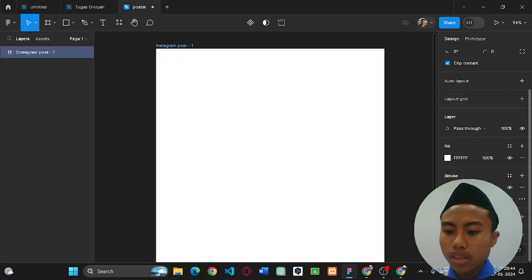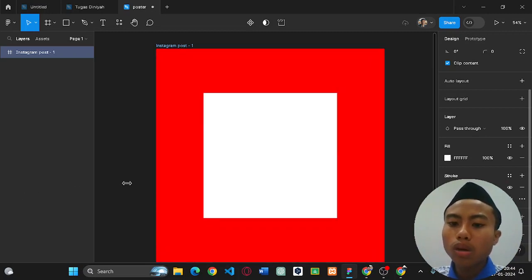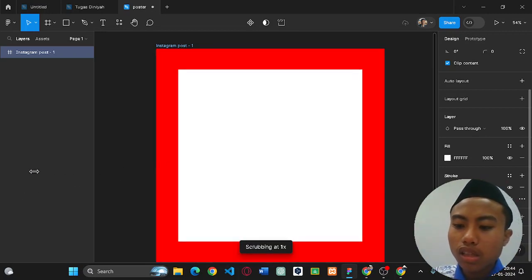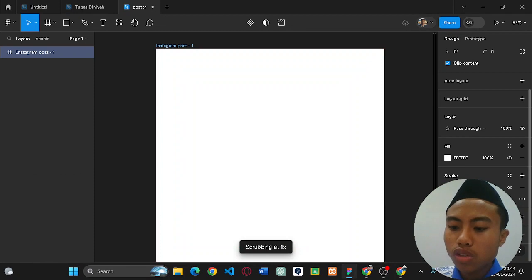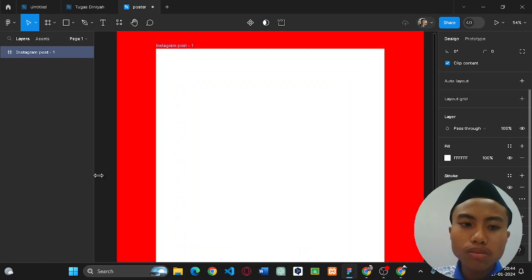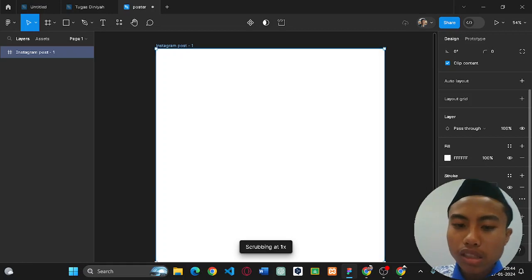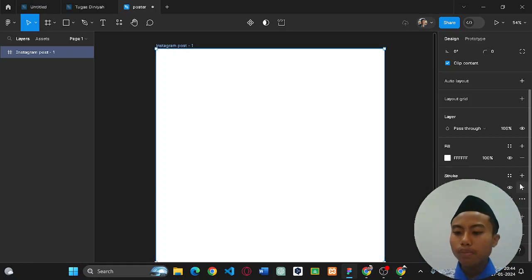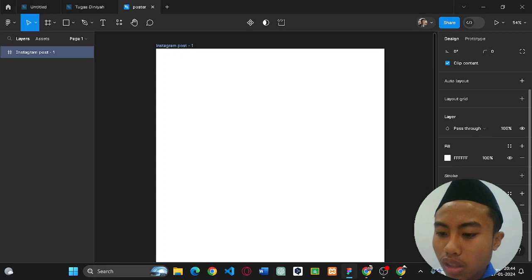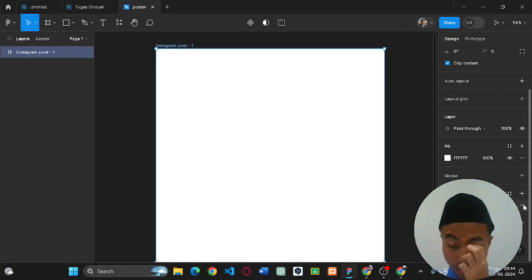You can do it inside, so it will go inside, and then of course you can do outside, and then boom, it goes outside like that. But since this is an Instagram post, we will not use it more. You can do some effects, but it's later, and then you can export it.